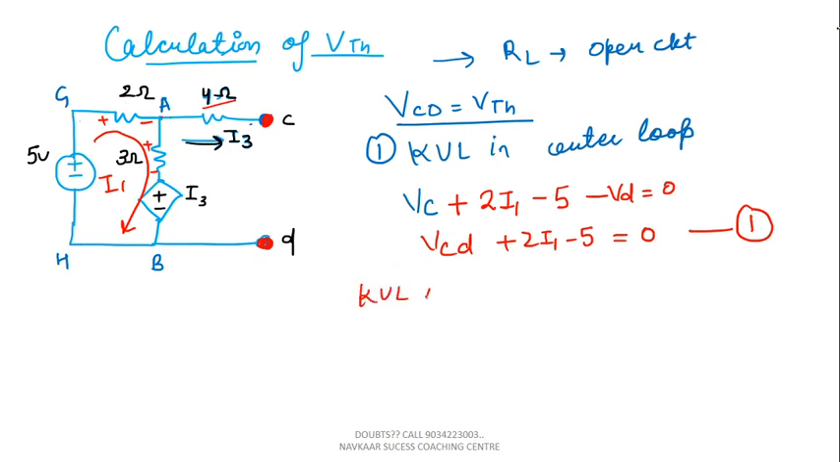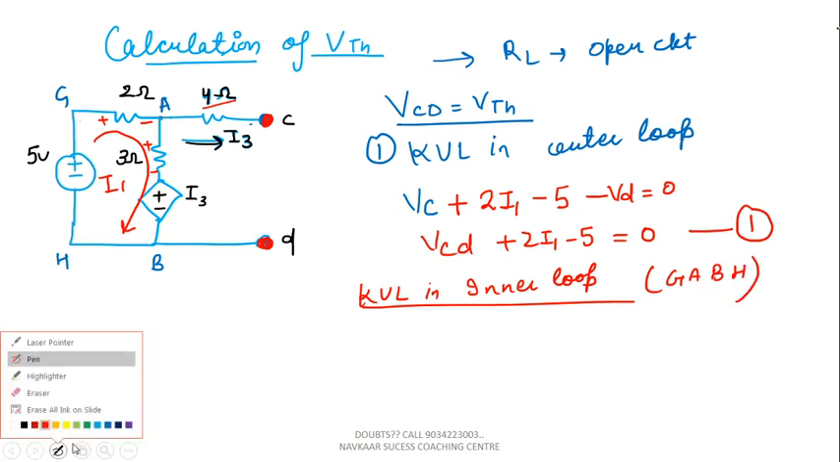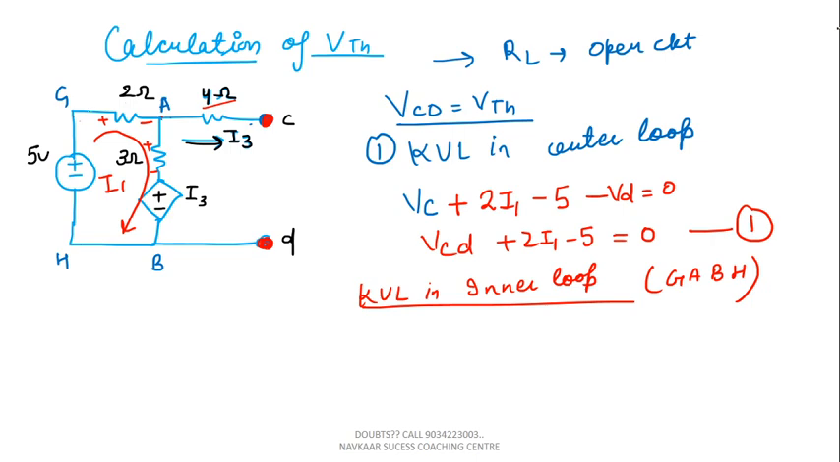Next we will apply KVL in the inner loop. What is the inner loop? The inner loop is G A B H. Now the equation for the inner loop: suppose you are moving from G to A, the sign is negative, resistance is 2, current is I1. Then again A to B, the sign is negative, resistance is 3, current is I1, and here the value